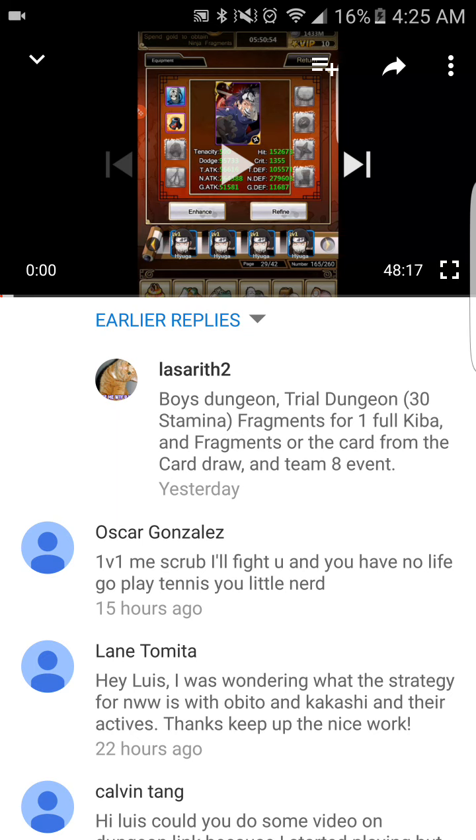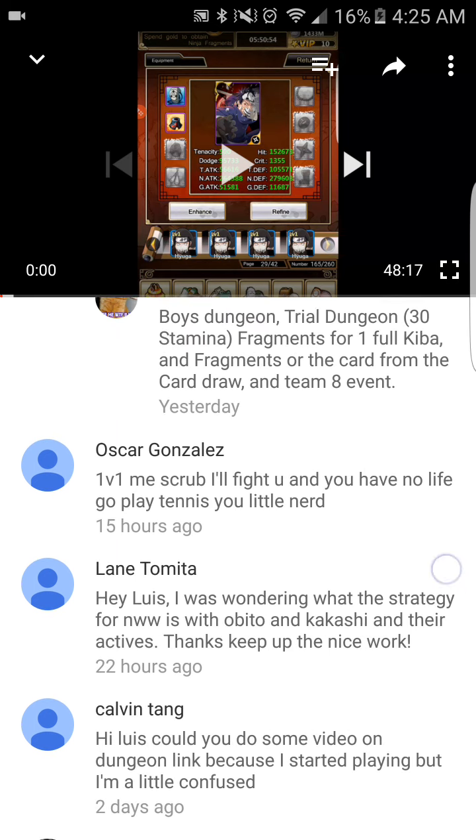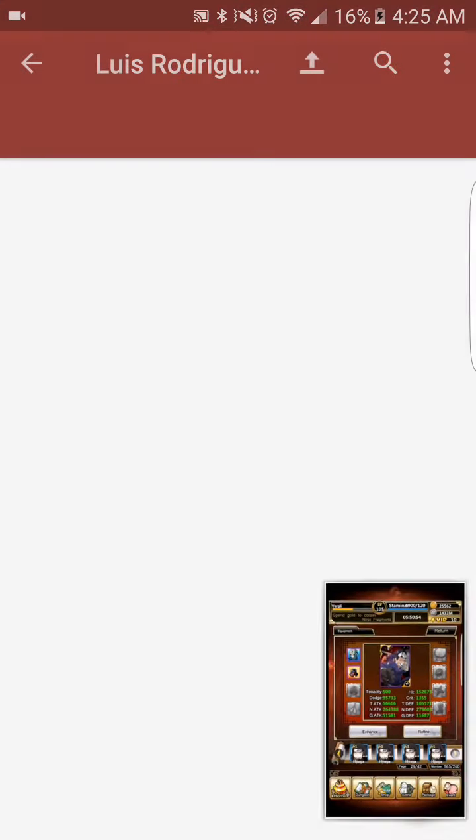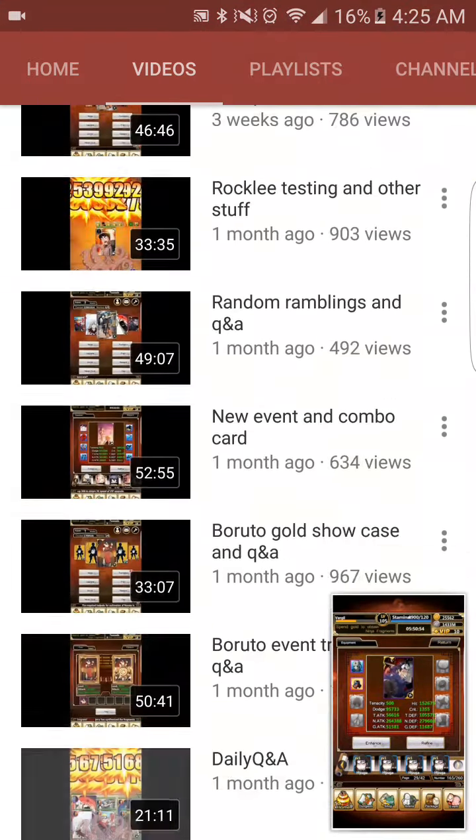Weird, but okay. Hey Luis, I was wondering what the strategy for Ninja World War is with Obito and Kakashi and their active skills. Keep up the nice work. So, I'm gonna give you the bare bones of it. Basically, with their actives,